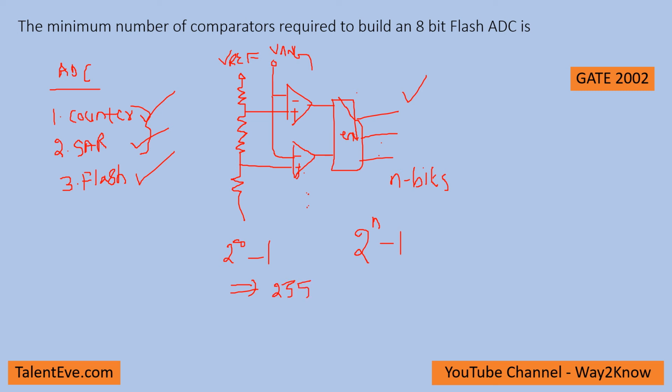But one can see here the advantage and disadvantage of the flash ADC. Conversion wise, it is the fastest because everything happens in parallel and then the encoding happens. The only problem is that it is circuit intensive. You can see there will be a number of comparators required. If you add 1 bit, let us assume you want to have n plus 1 bits, that means this goes to 2 power n plus 1 minus 1, which means it almost doubles the comparators required for every single bit increase at the output. Thank you.